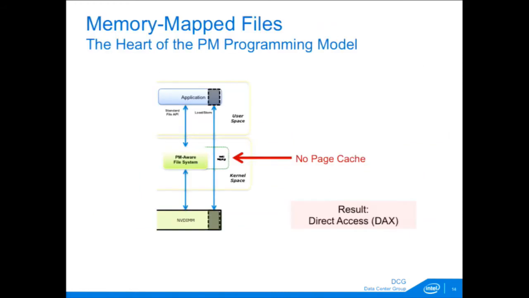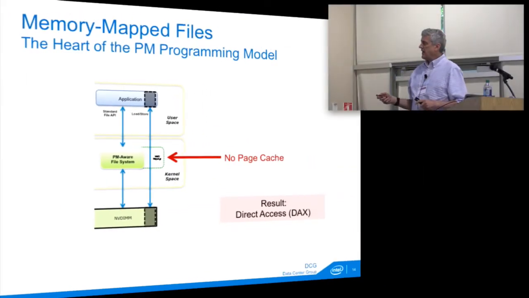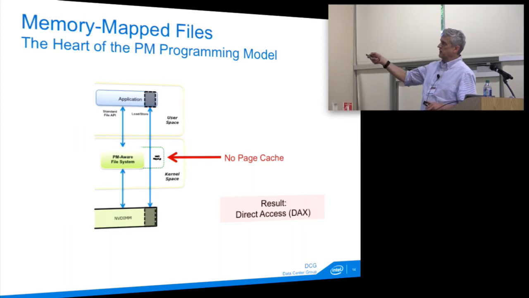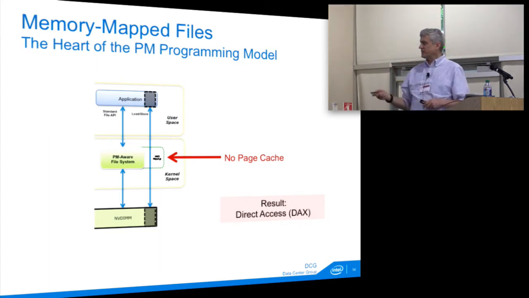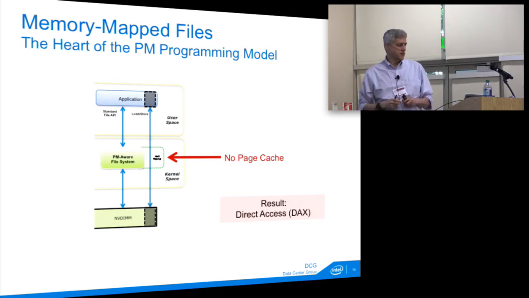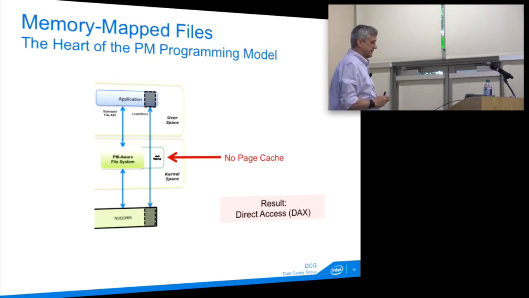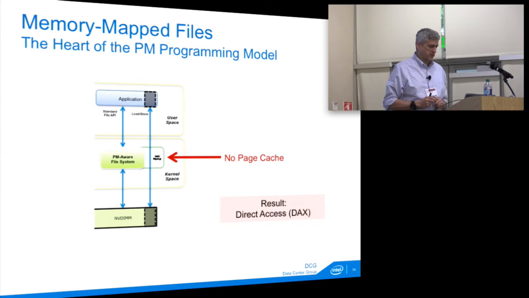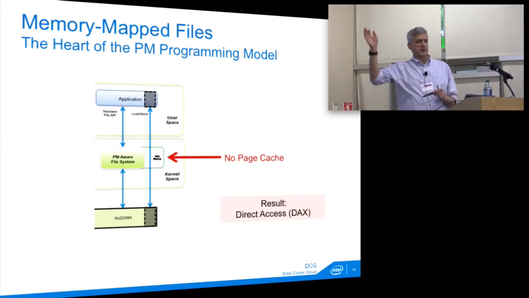So memory mapped files are really the heart of our programming model. And on both Linux and Windows, there's now a term for this idea when you take a file system and you allow memory mapping without the page cache. It's called DAX, D-A-X, short for direct access. And like I say, both Linux and Windows have adopted the same term, although the Windows one has a backslash and